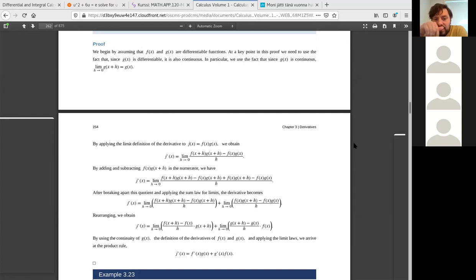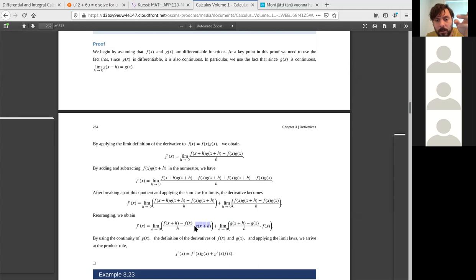And when we rearrange this, we get the limit as h goes to 0 of f of x plus h times g of x plus h minus f of x times g of x plus h. So this g of x plus h can be taken as a multiplier, and also we have f of x as a multiplier for this g of x plus h minus g of x. So this clearly approaches g of x, because remember here g is continuous,